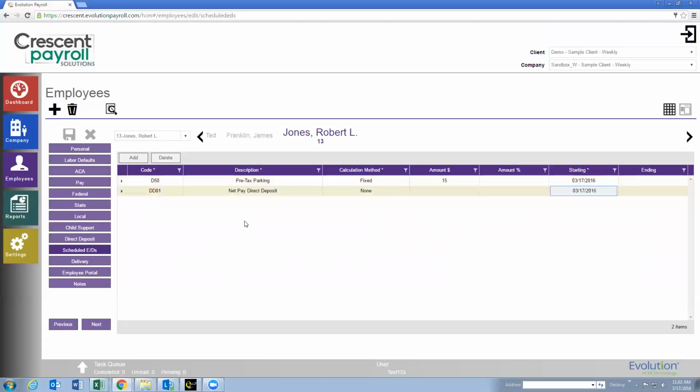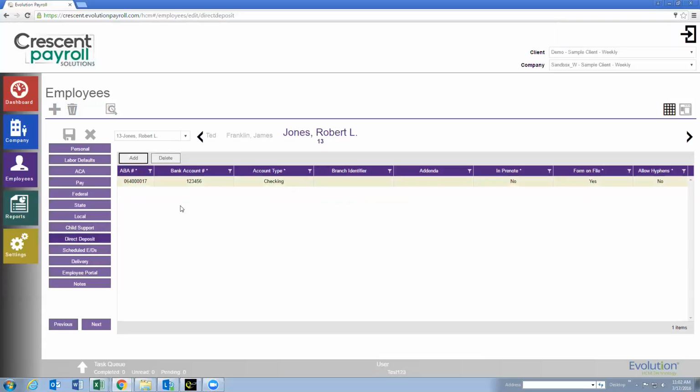The second scenario is if you have an employee that would like multiple direct deposit accounts set up. You would do this by step number 1, set up the default net pay direct deposit account, which they want the remainder of their check to be deposited. Step 2, after entering the new account details on the direct deposit screen, which we'll do now,